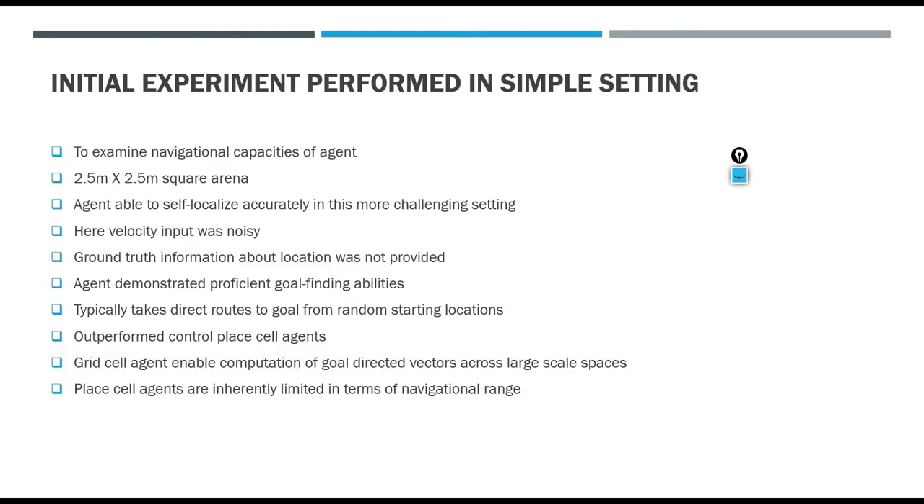In this experiment, the agent was able to self-localize accurately in a more challenging setting. This setting is more challenging compared to the first experiment because here velocity input was noisy and ground truth information about location was not provided like the first experiment. So the agent demonstrated proficient goal finding abilities. It typically takes routes directly to the goal from random starting locations. If we look at the figure below, we can see that